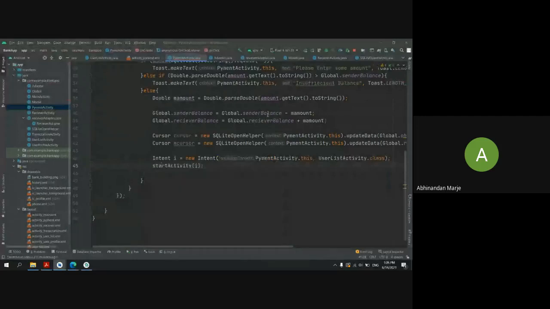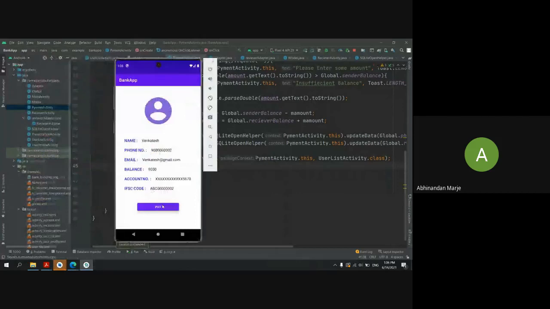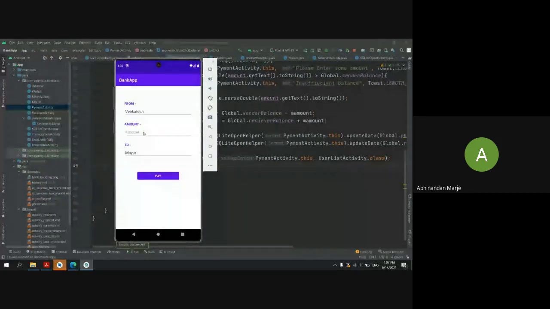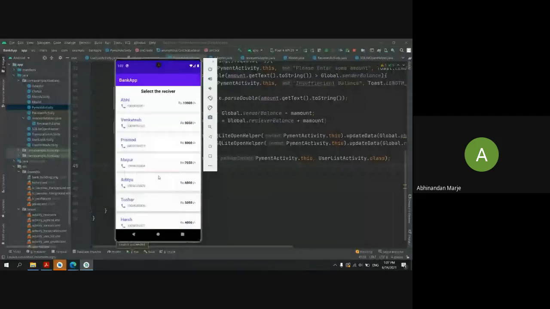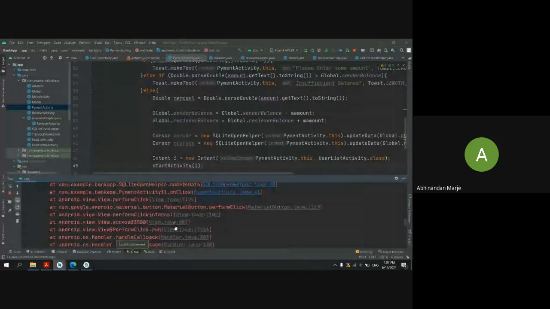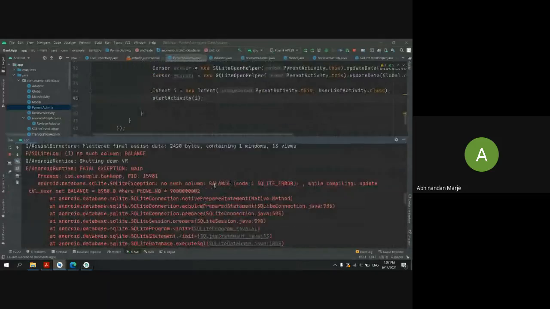So what if I run my app now? I will pay from Venkatesh to, let's say, Mayur. Okay, and if I hit some amount here, okay, something crashed. See, no such column balance here.